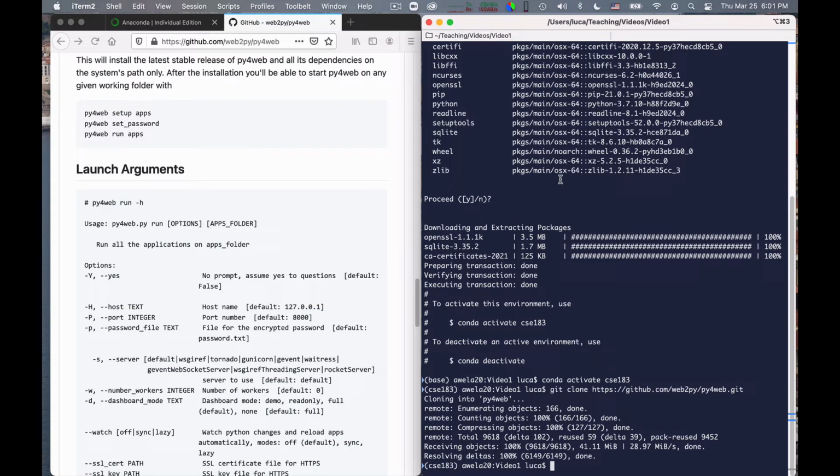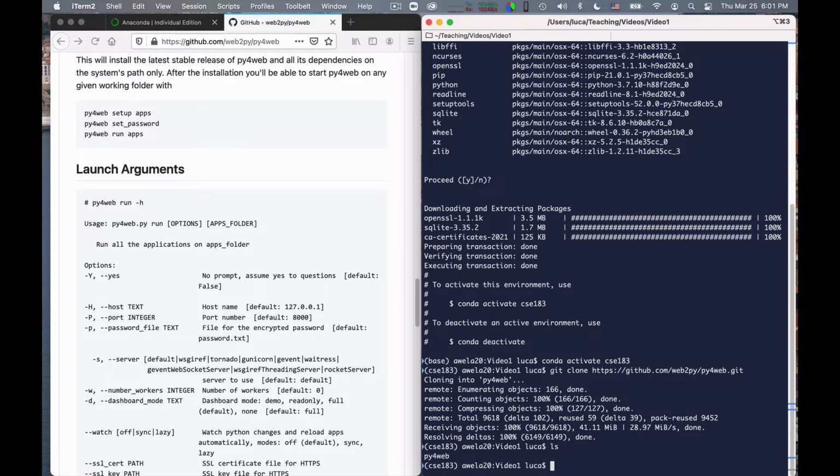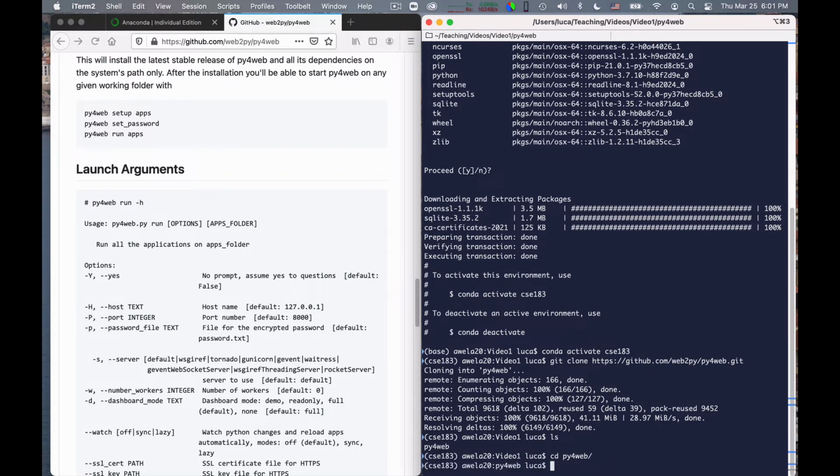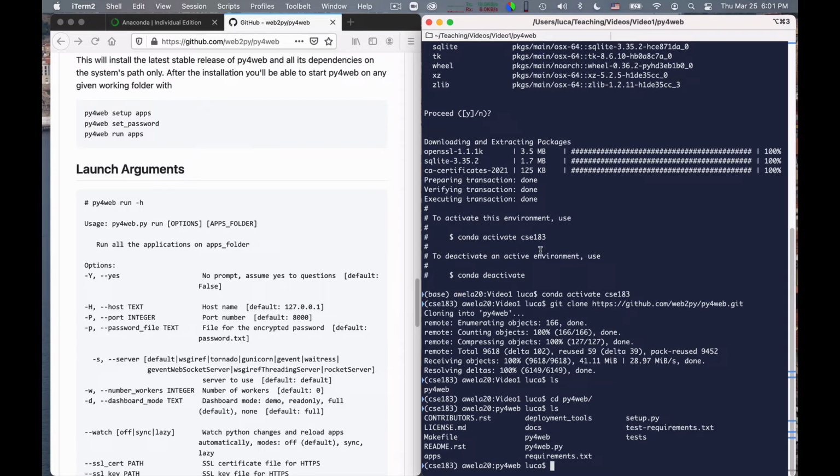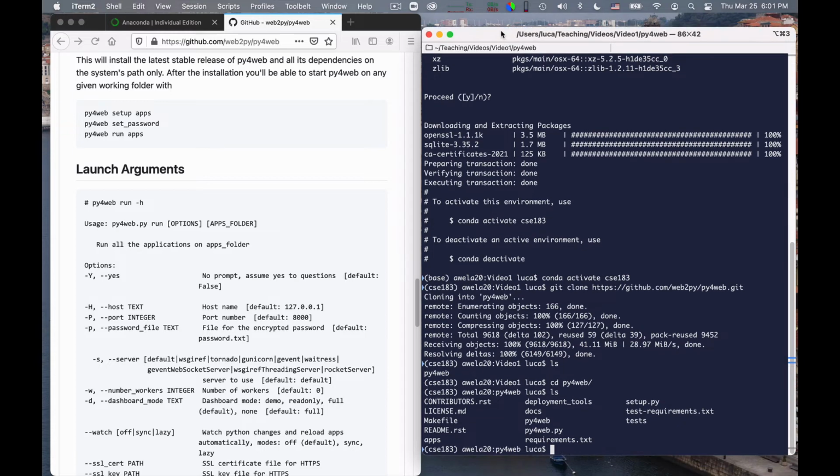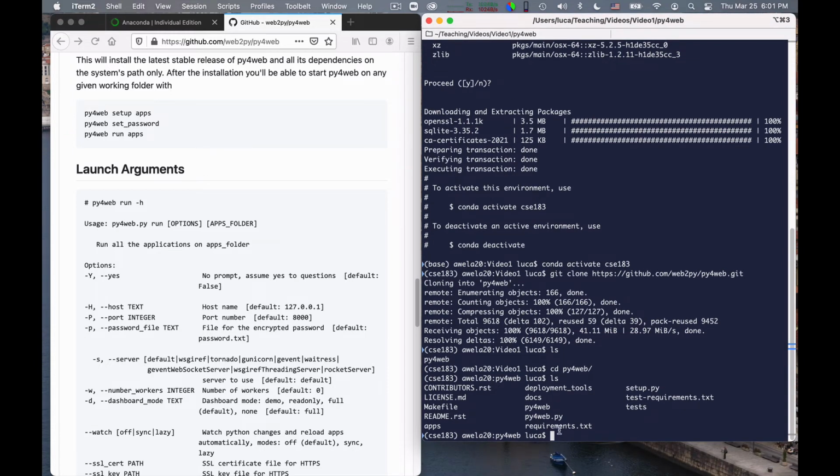So once this is done, we can see that there is a Py4Web directory. We can go to it, cd py4web, we can list it, and we can see that there is this important file called requirements.txt. These are the other Python packages that we need to install before we can actually run Py4Web. We can see what is in it.